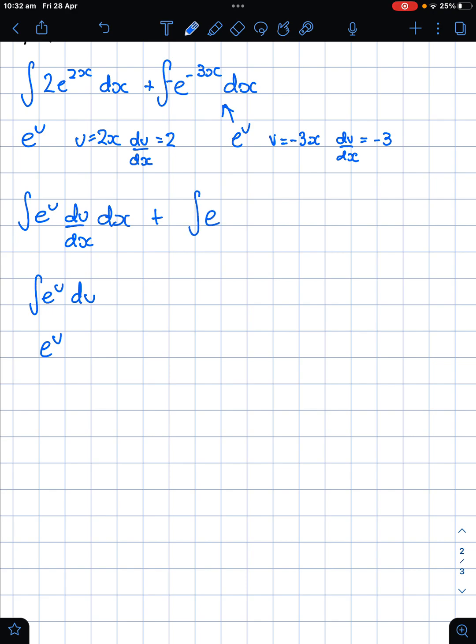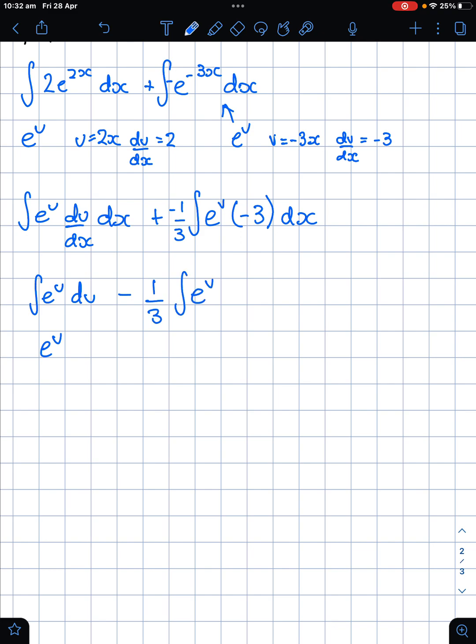At the moment, I've got e to the v, and I'm missing my dv dx, but it's with respect to x. So in here, I'm going to need this -3. Okay, so I'm going to put a -3 in there, and to balance that out, I'm going to have to put a -1/3 at the front. So now this next line here is going to be negative 1 over 3